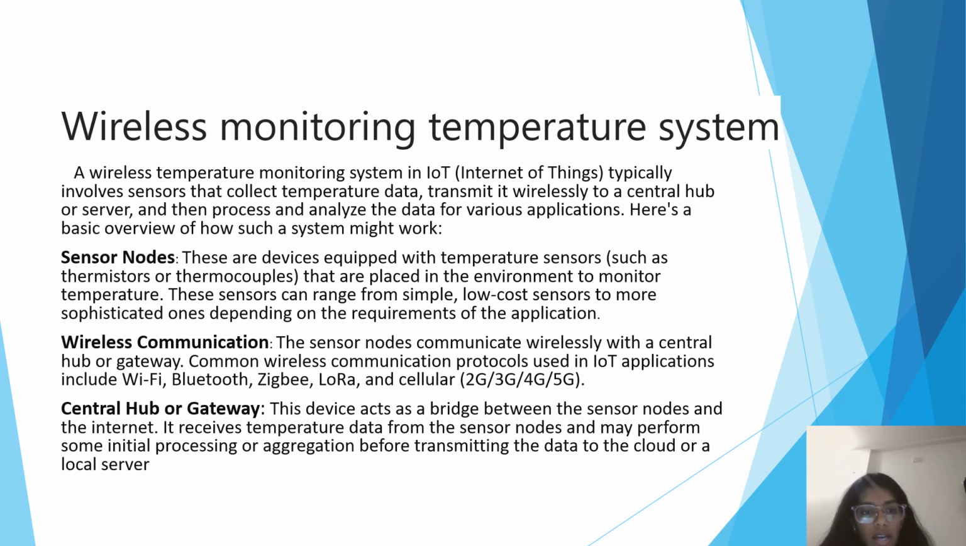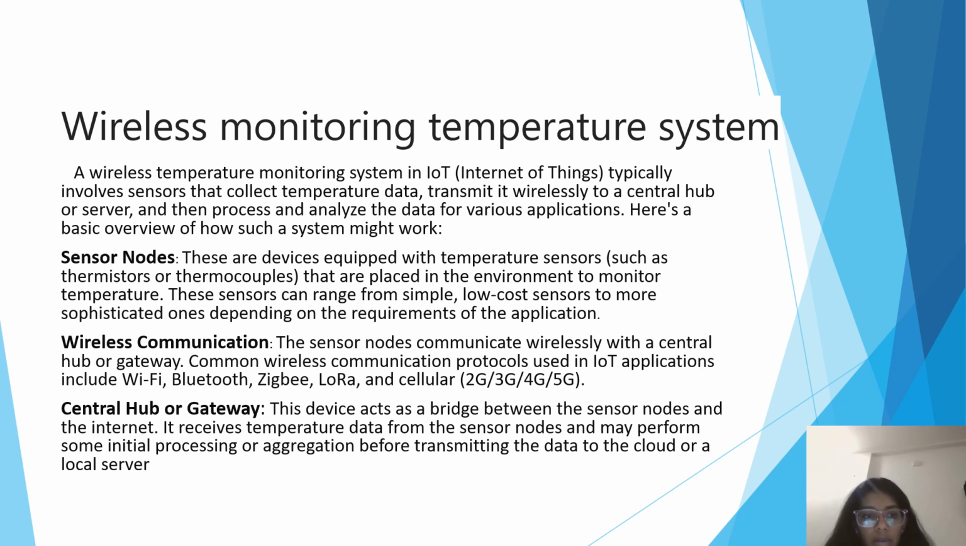So we have sensor nodes, wireless communication, central hub or gateway, cloud, etc. So let's see one by one. Sensor nodes. These are the devices equipped with the temperature sensors, such as thermistors or thermocouples, that are placed in the environment to monitor the temperature. These sensors can range from simple, low-cost sensors to more sophisticated ones, depending on the requirements